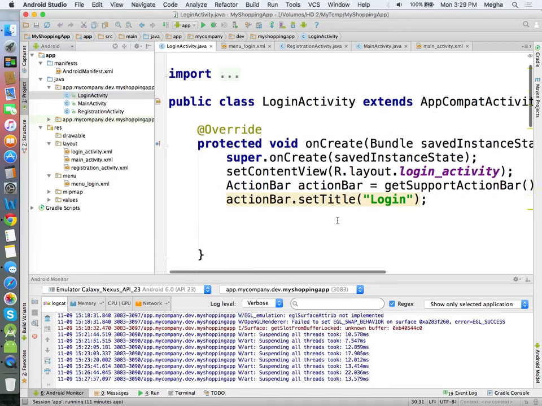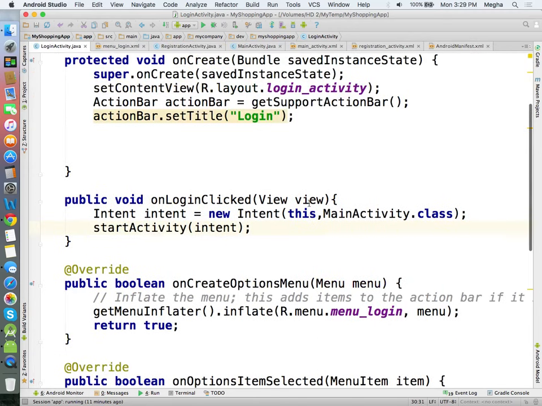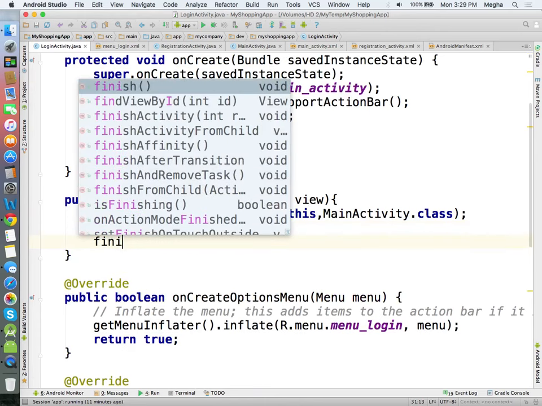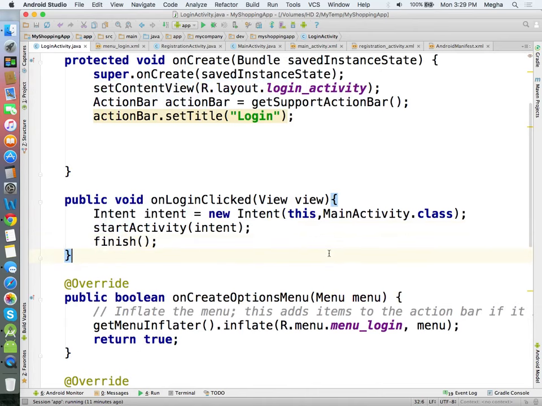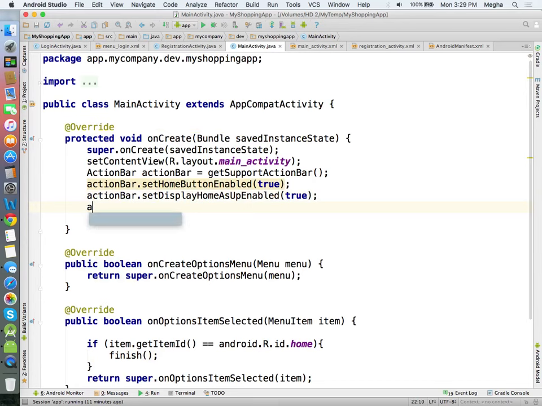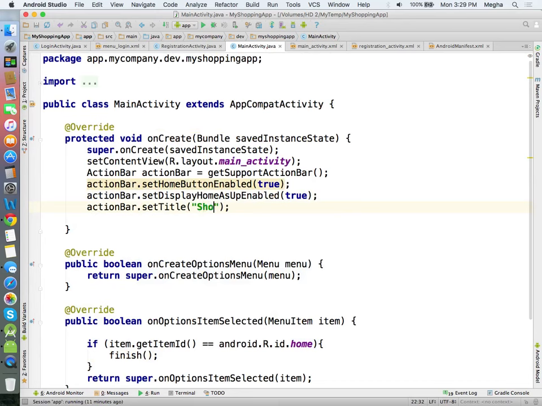We also have to make sure that whenever the user successfully logs in, the login view disappears. And in the main activity, action bar set title, shopping list. We have customized a lot now. Let me run the code.